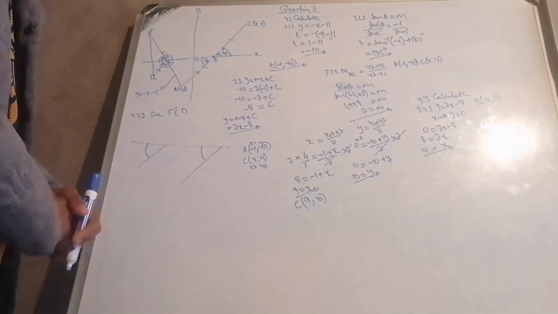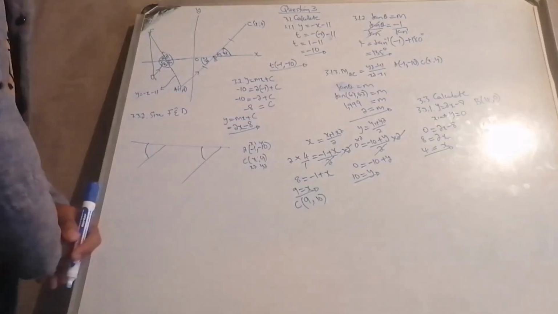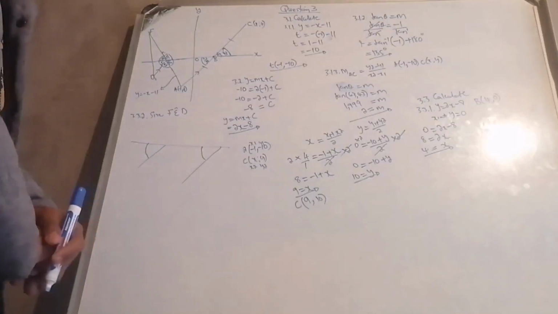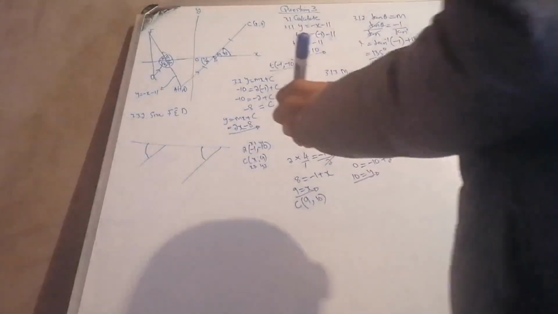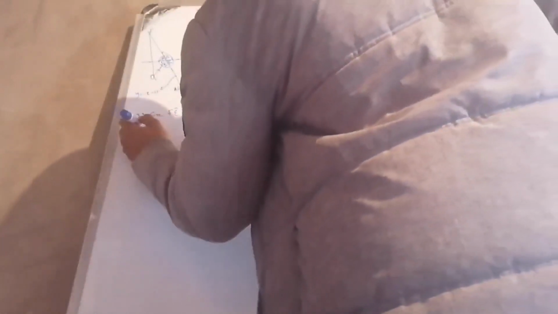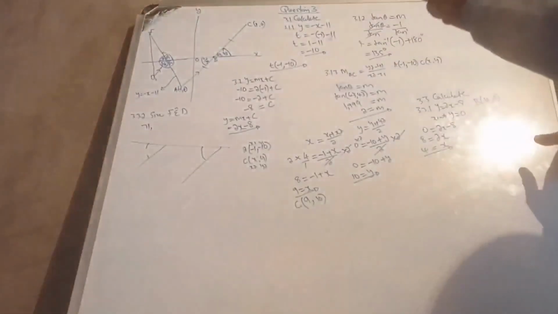And how am I going to achieve that? To say that 135 minus 63.43, and I'll get 71.57. I get 71.57